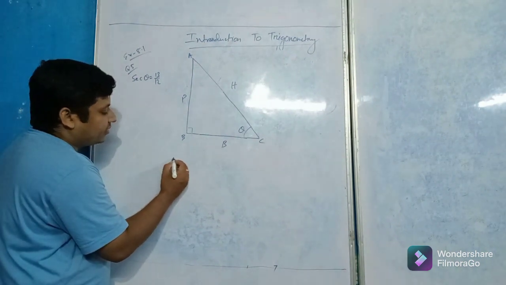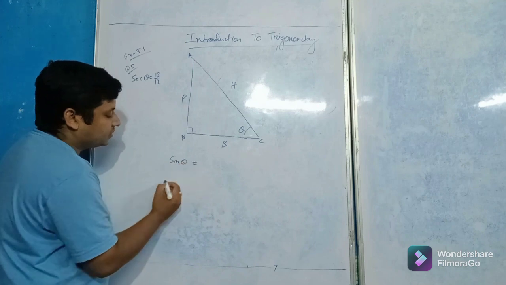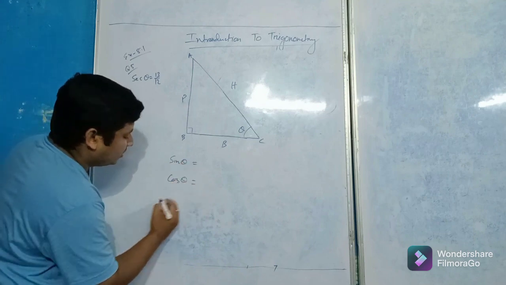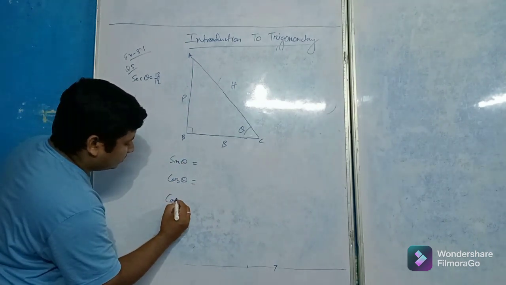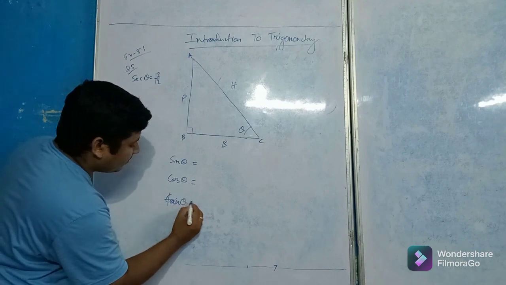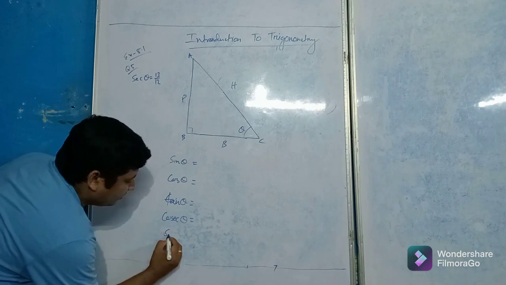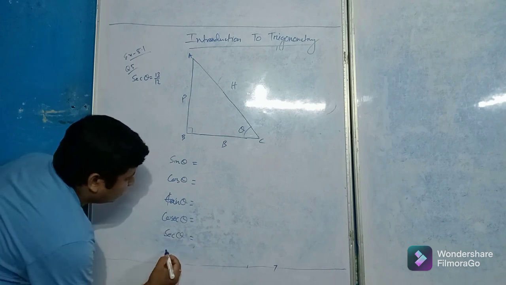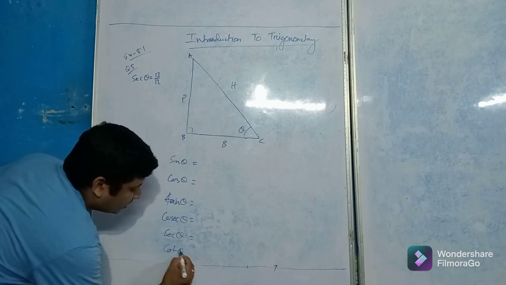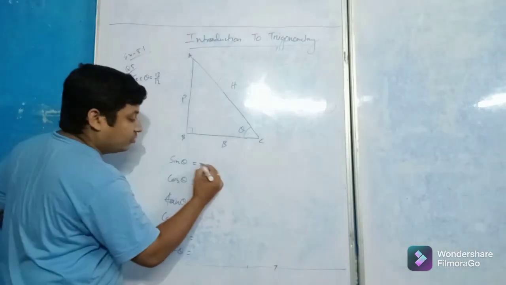Now here I'll write sin theta, cos theta, tan theta, cosec theta, sec theta. Now it is cot theta. Now I know